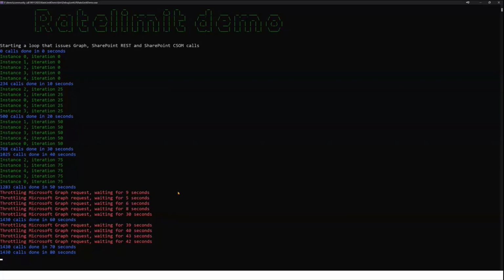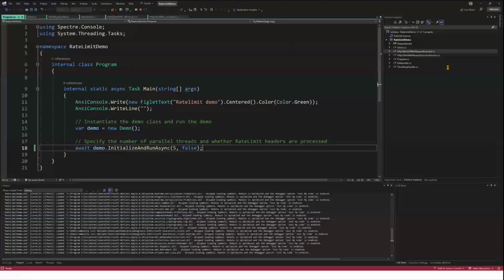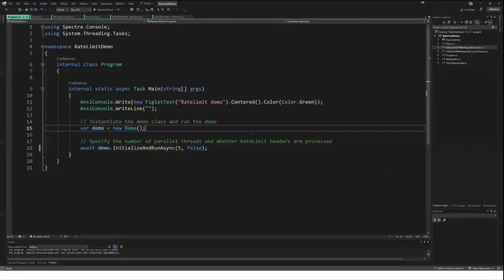And once the minute is over and all the wait times are gone, we'll kick off again and we start going. But this is not really that efficient compared to using the rate limit headers. So that's why we have those headers. No point in keeping this running. I'm going to close it. Looking at the time, okay, we have a couple of minutes. Let's go back to slides